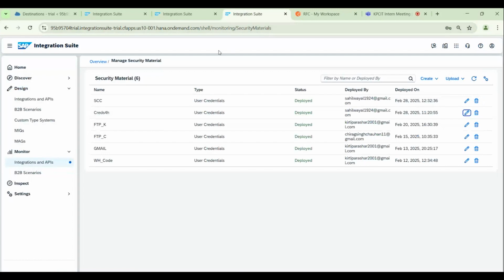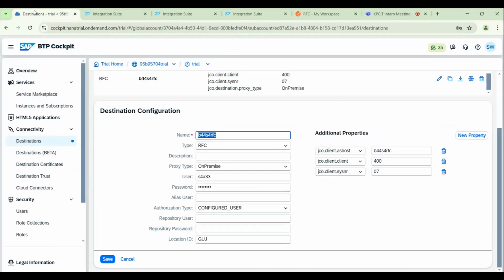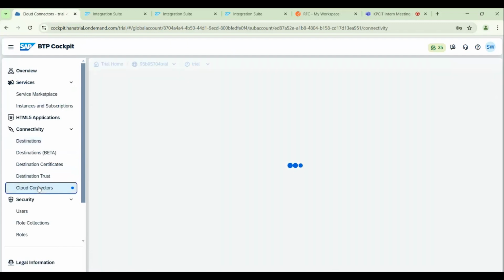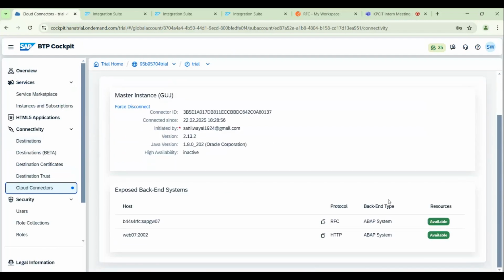One more security, I am talking about the security material. If we only have access to the BTP cockpit and we have to check whether our connection is established or not, we can check it from here directly. Cloud connector at the backend, we can see the resources are available. If we do not have access to the BTP cockpit and have to check whether our connection is established or not, then we